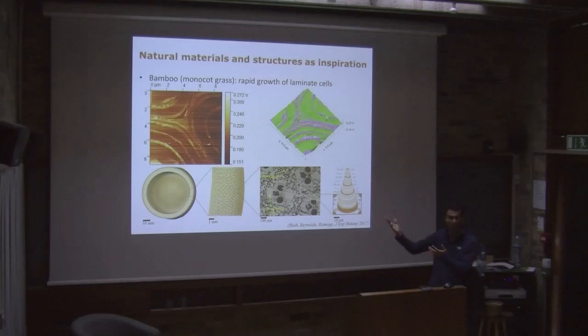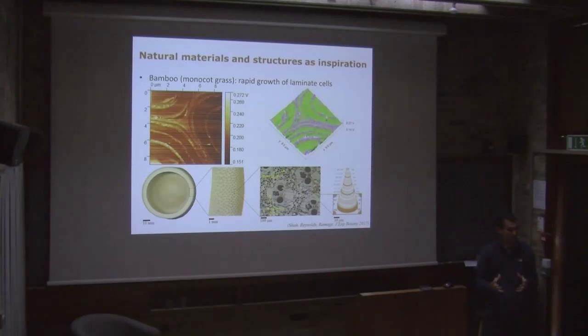So that sort of research can inform you about the structure of bamboo and other plant-based materials. But interestingly, we also learned as an inference that bamboo is a fast-growing material. It grows at about a millimeter a minute or so. It's fairly rapid growing, and it's producing this reasonable strength, reasonable stiffness material rapidly, and the solution it is